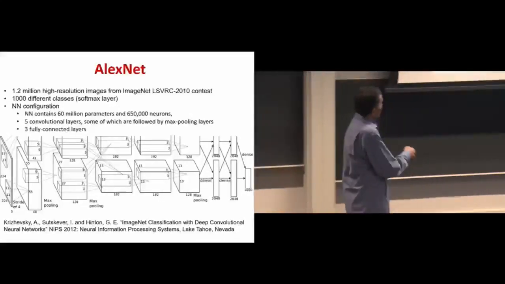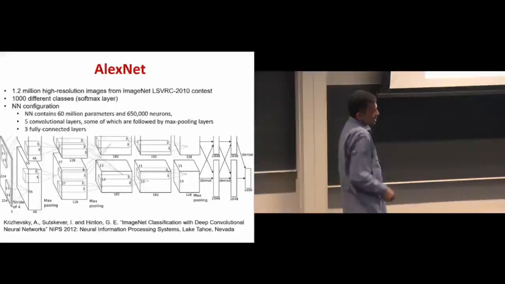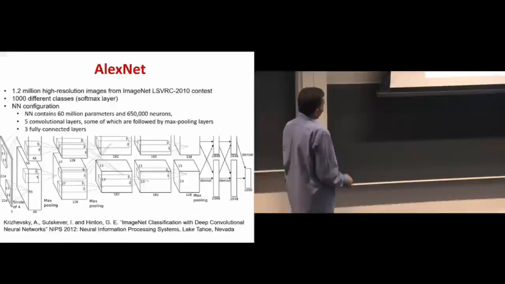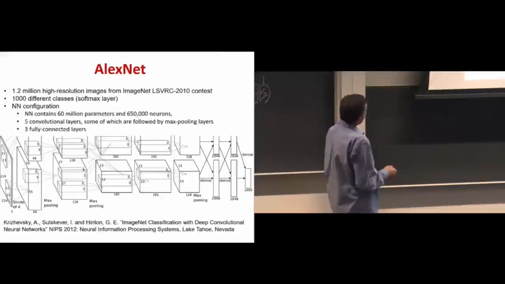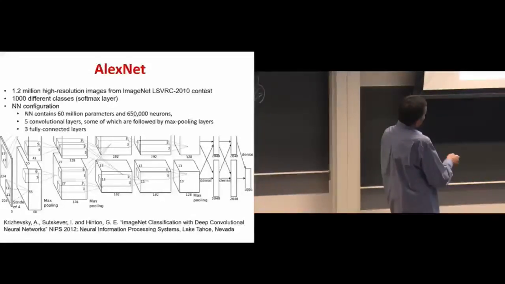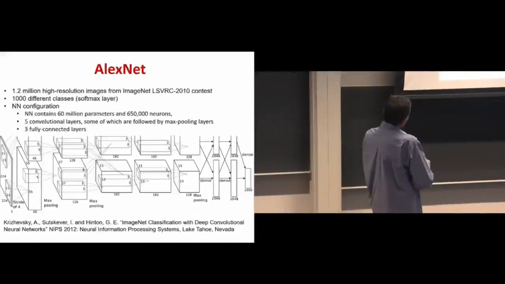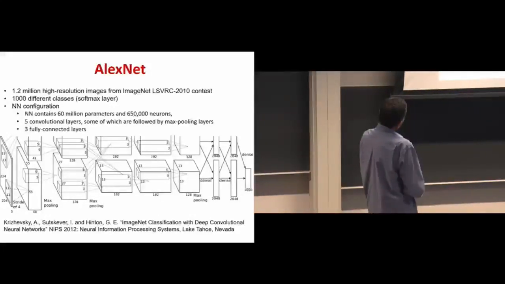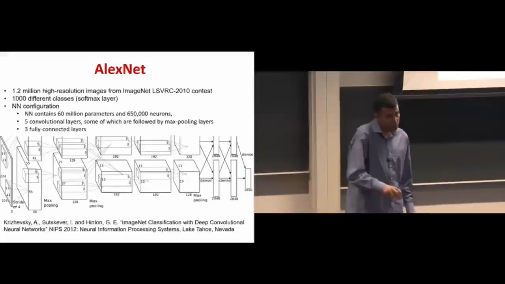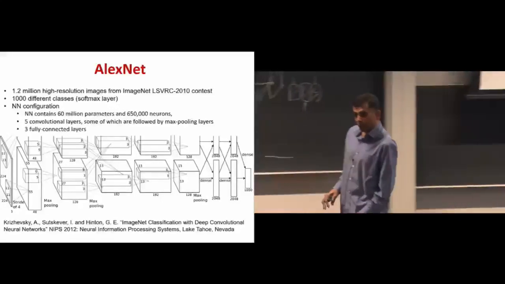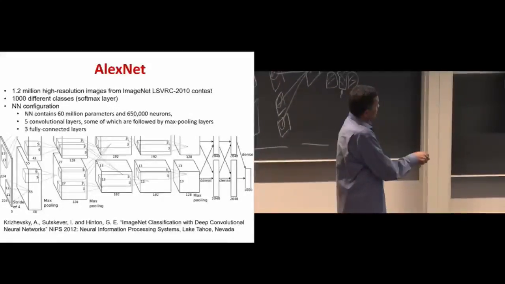And so when they finished printing it, they had to chop off the upper half. As you can see, this is from the paper. This network contains 60 million parameters and 650,000 neurons: 5 convolutional layers, some of which were followed by max pooling layers, and finally 3 fully connected layers. The network was so large they had to distribute it over 2 GPUs, which is why you have 2